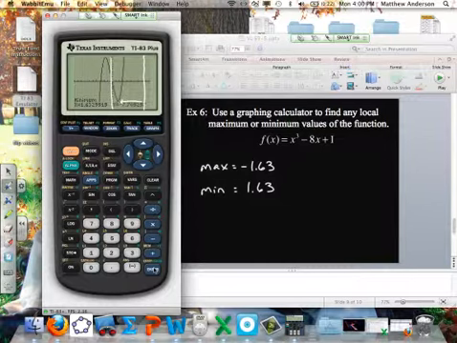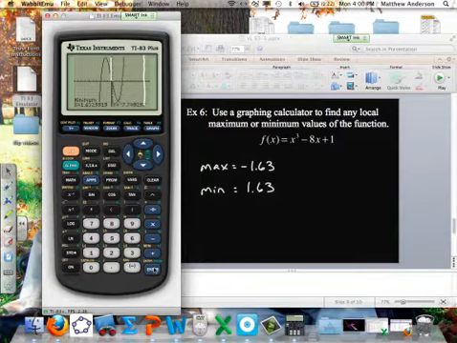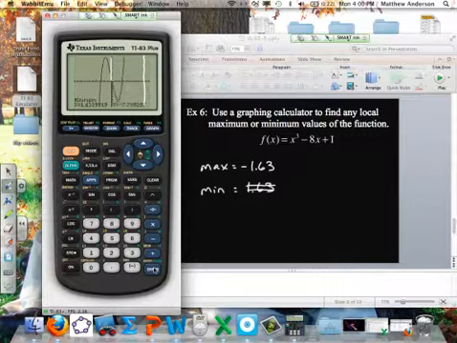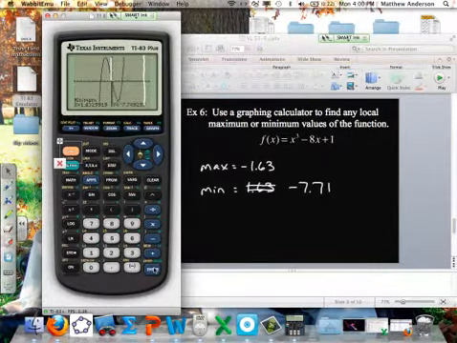Wow, I can't believe I made that mistake. Negative, remember the minimum value is the y value. So that minimum is not 1.63, it's -7.7. If we round it off to the nearest hundredth, -7.71. Our maximum, I guess I'm going to have to go back and do that again. So second, trace,